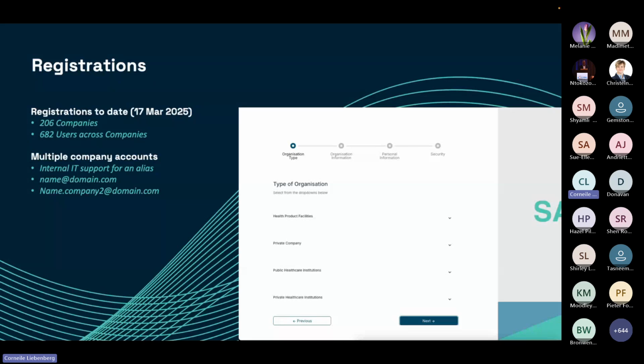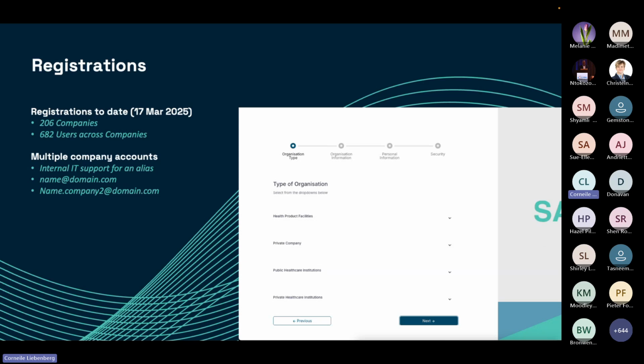And then maybe just something to note on this. This was more from a health product applications where there were requests where there's individuals with the same email address working across different organizations. So company ABC South Africa and company ABC subsidiary, where the system unfortunately only allows a user to be linked to a single company.